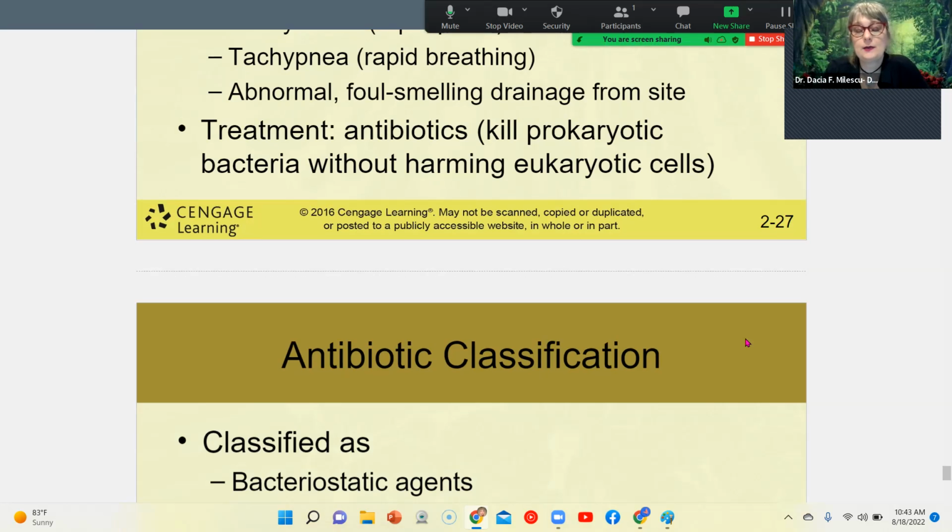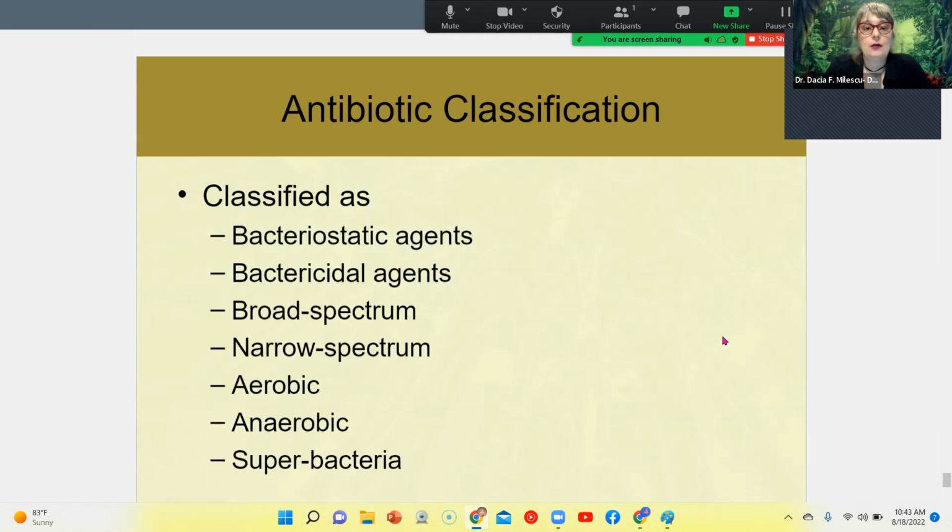I'm very familiar with this because this was my forte as a podiatric surgeon. This is what I did: diabetic foot infections, managing wounds and amputating. All right, so antibiotic classification, you can have the antibiotics that are going to kill the